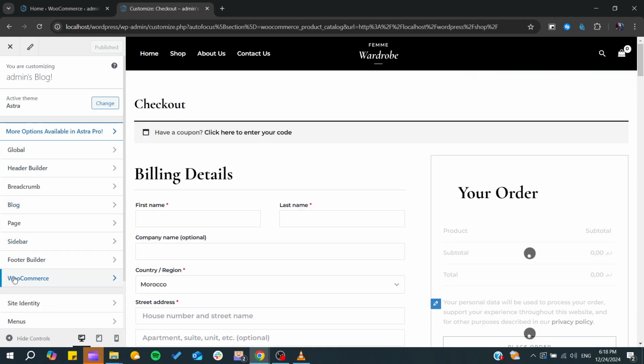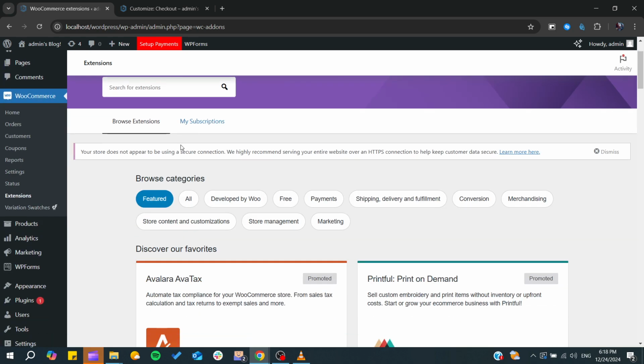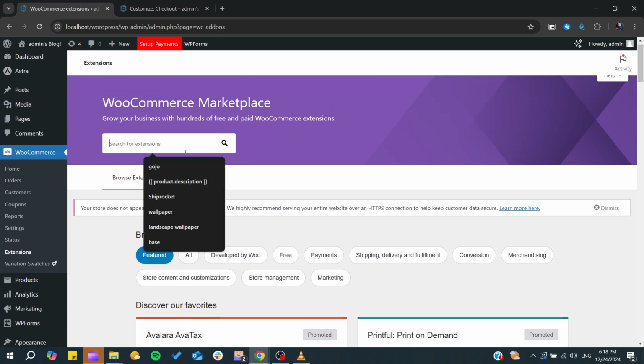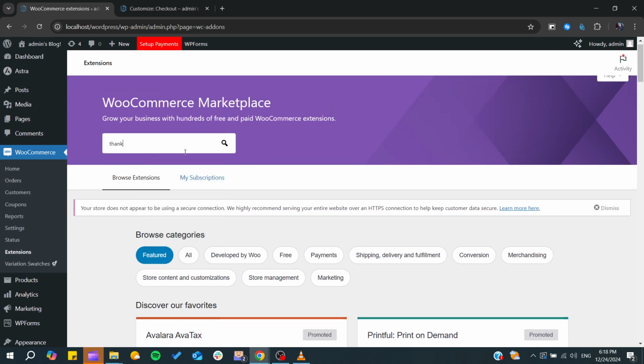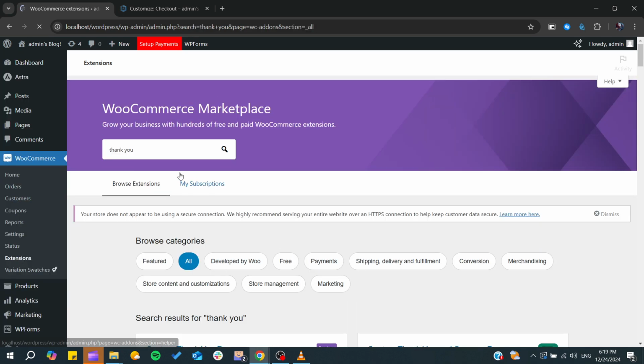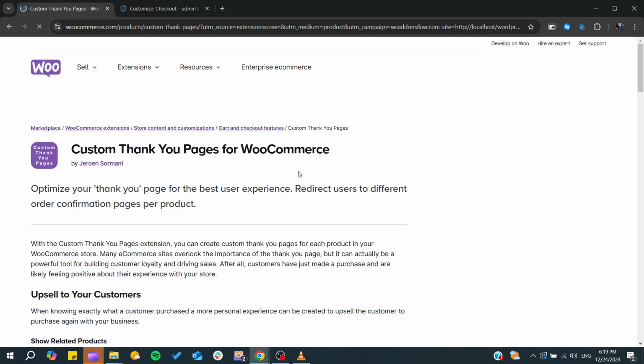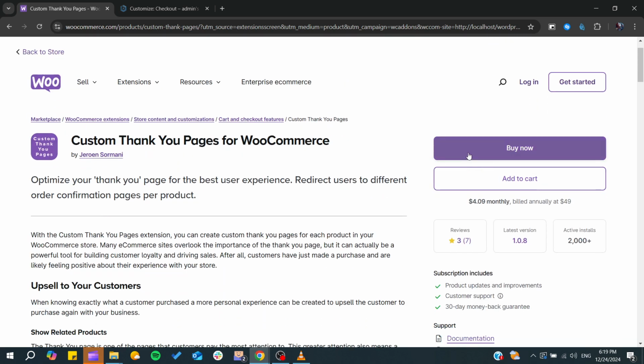And first, you will need to have your WooCommerce extension. So here we can go to this extension, and basically you will need to have some thank you page extension that will add the thank you page, and you can search for a thank you page extension that will add these elements, and as you can see you can find the custom thank you page, and you will need just to add it. So you can click on view details and click on add to cart or buy now,